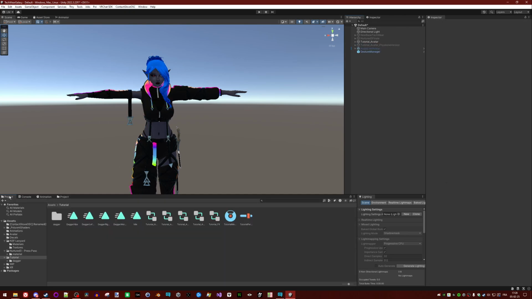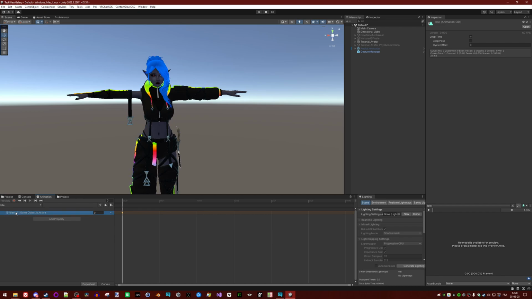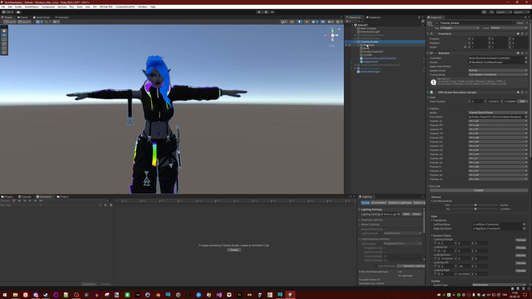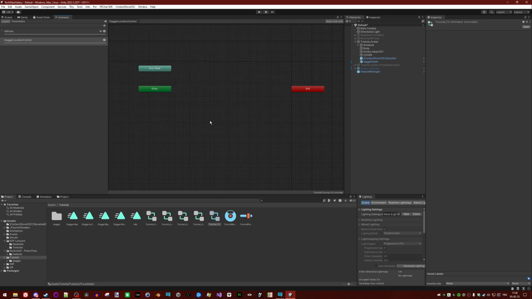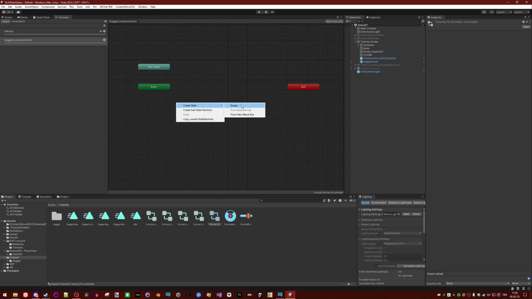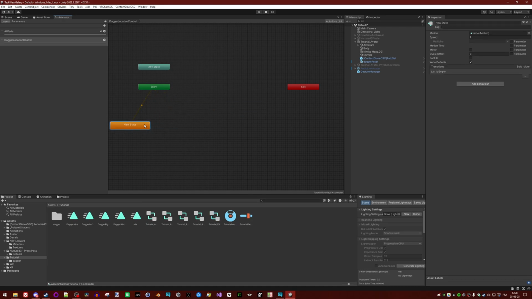So why do we need this animation? As you can see, it references something that does not exist in our actual avatar. So this is an animation that will do nothing. We need that because at some point we will need empty states.